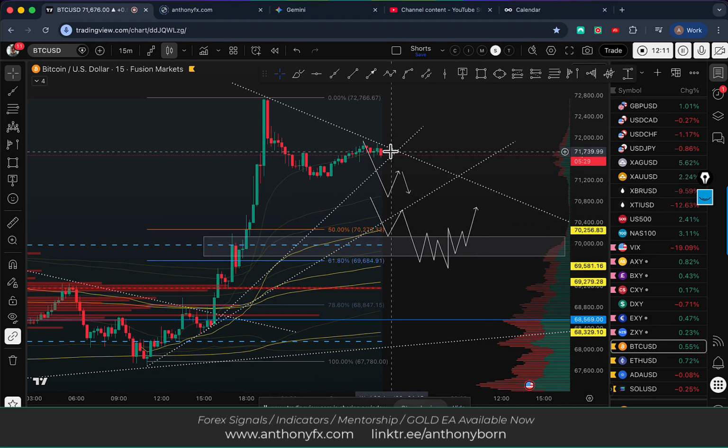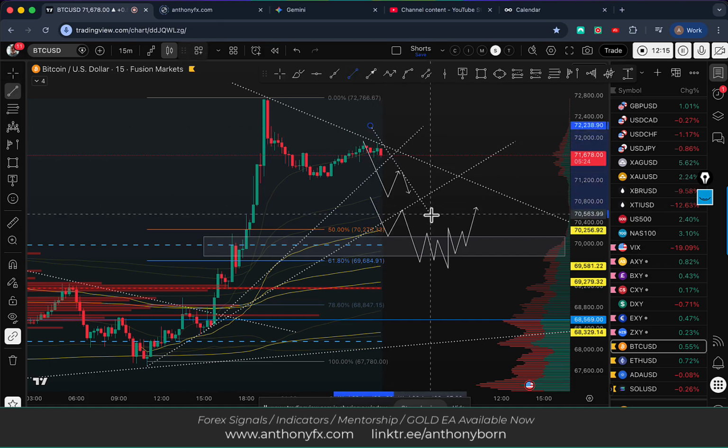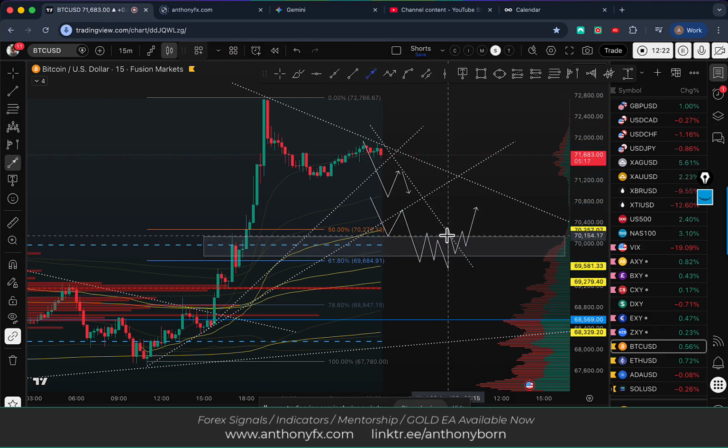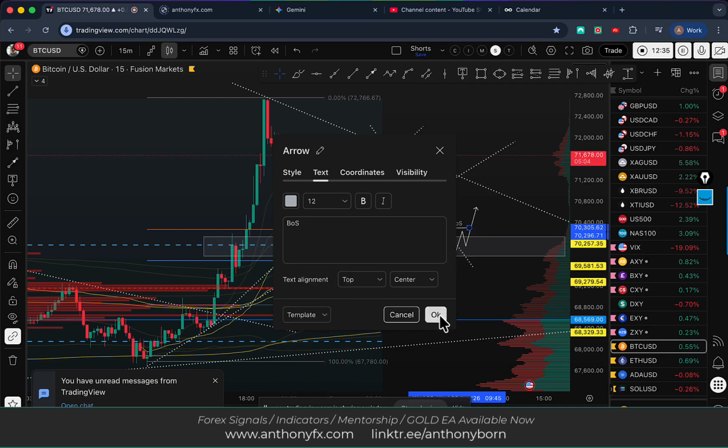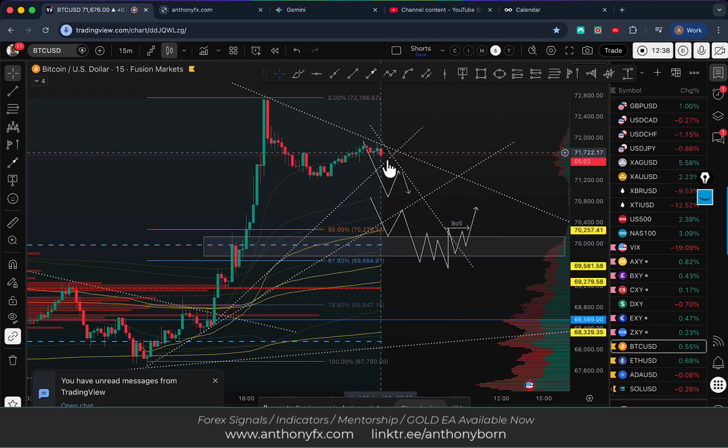Just be careful. You've got to wait for this to trend. If it trends down, maybe it even runs a bit steeper, then look for that break of structure. Wherever it's at, it may be here, it may or may not be, it might be lower, who knows? But just get that rotation. Just got a message coming in. All right, so just look for that pullback and break of